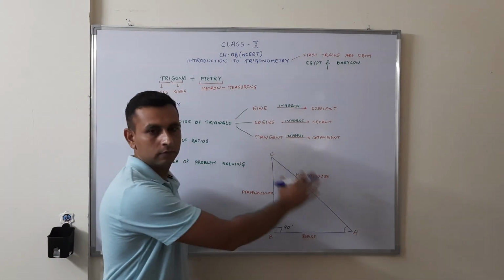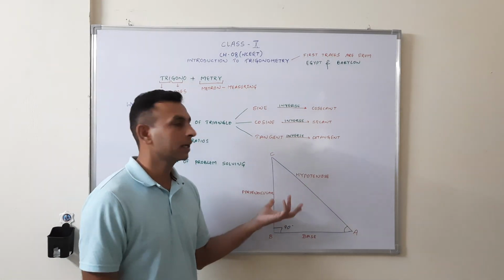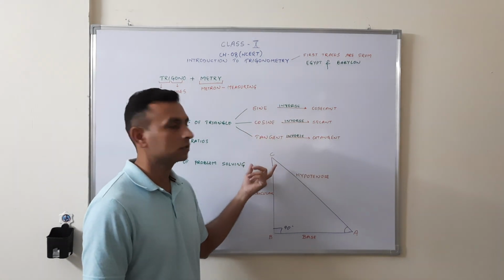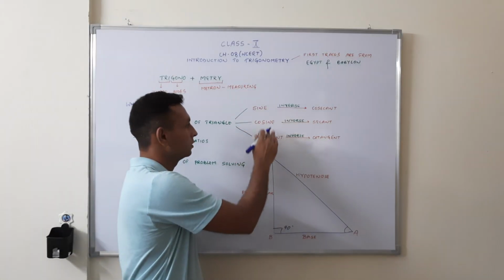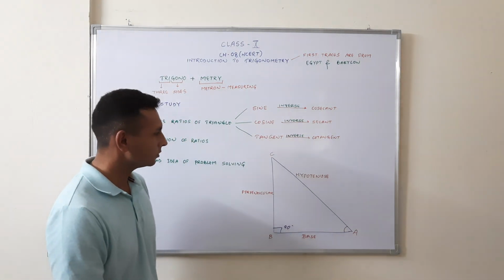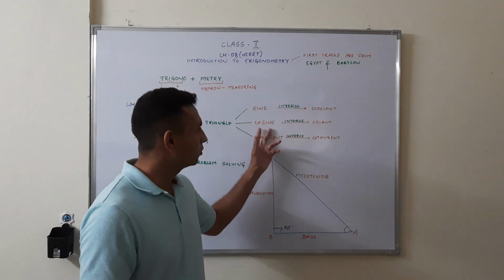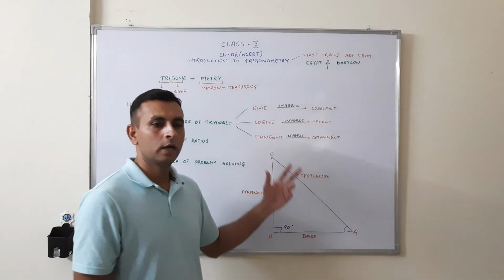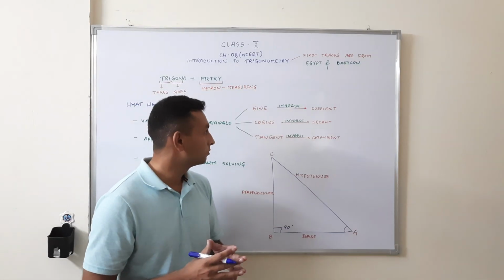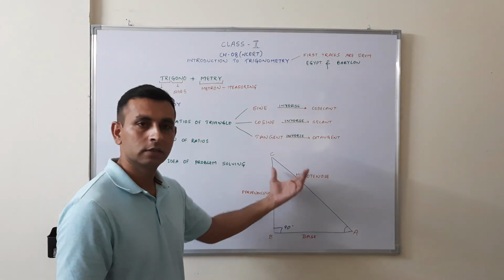In this triangle, we can apply these three trigonometric functions. These are the basic trigonometric functions. This is sine, this is cosine and this is tangent. See, it's no big rocket science. Sine, cosine, tangent you might be hearing for the first time as 10th class students, but they are nothing but simple ratios of the sides.